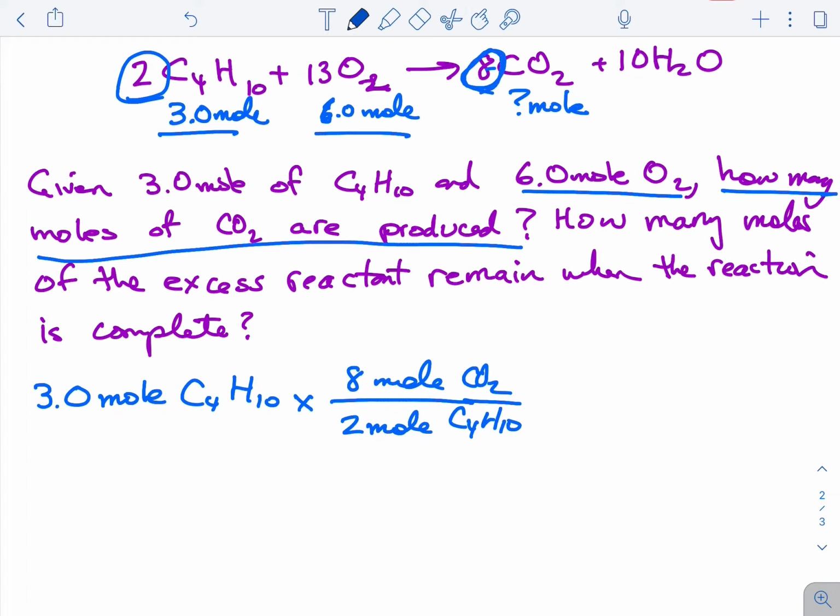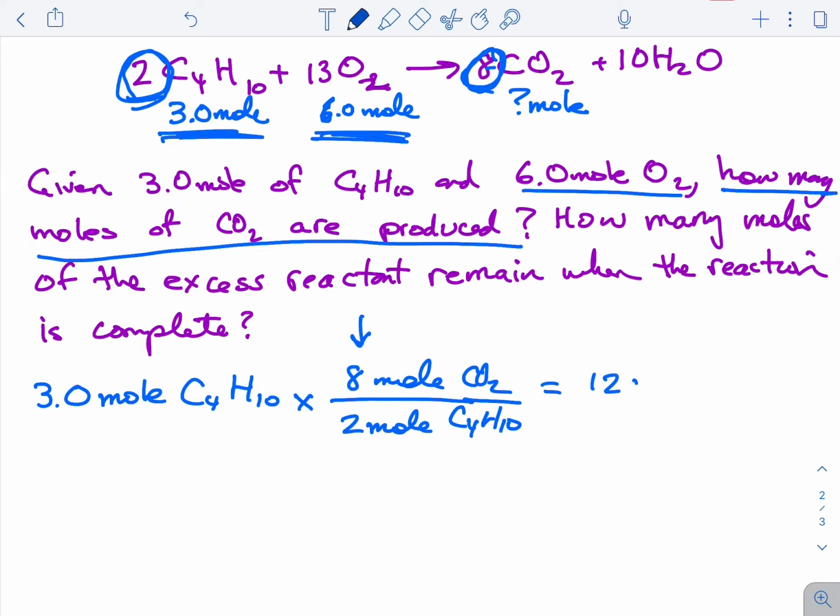sometimes we get sloppy in chemistry and people refer to these numbers as the number of moles, like 2 moles of C4H10 and 13 moles of O2 react. But remember, those are just the ratios in the reaction. That's not how many you actually have on hand. We actually have 3 moles of C4H10 on hand. We have 6 moles of O2 on hand. That's how much we actually have. So that's what we have to do the calculations for. And then we use the coefficients to generate our mole-to-mole ratios. All right, so anyway, that gives us